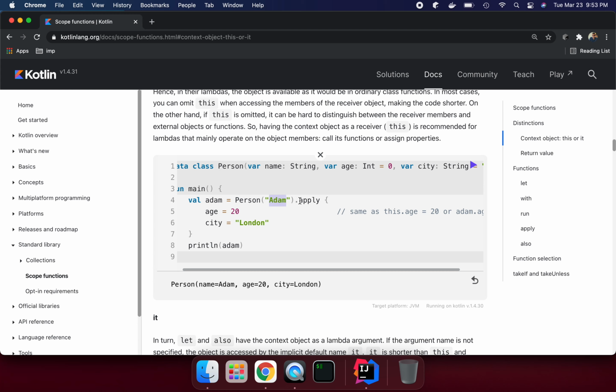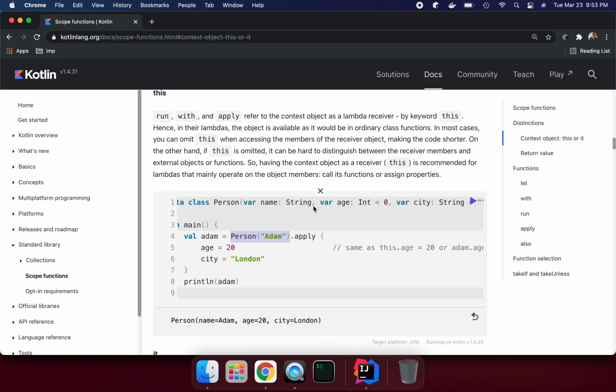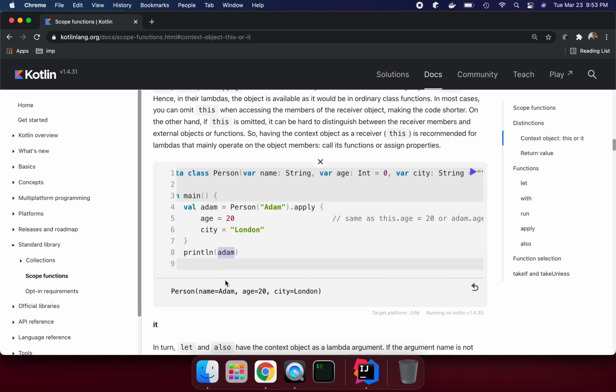Now we get the object. The object here means we get the context object, and this context object is referred to in apply through this. The other attributes we are initializing inside our apply block, and we are printing Adam here. So it's returning it.